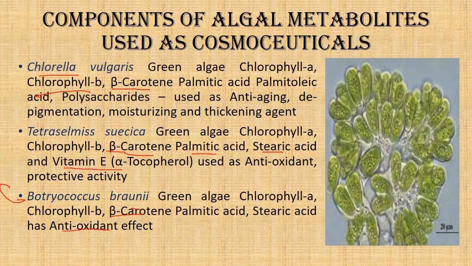The next algae in our list is Tetraselmis. I don't know if I have spelled it right or wrong. If I have spelled it wrong, then do correct me in the comment section. So Tetraselmis is also a marine green algae, and it is also a unicellular, motile algae just like Dunaliella. Tetraselmis was mostly used as a feedstock for aquaculture, but nowadays it is also used as a nutraceutical and also a pharmaceutical.